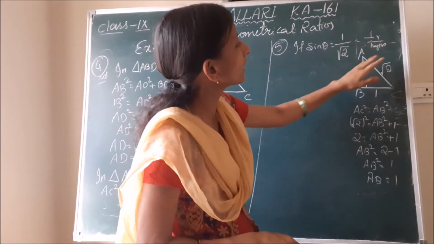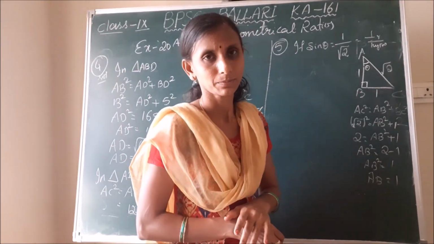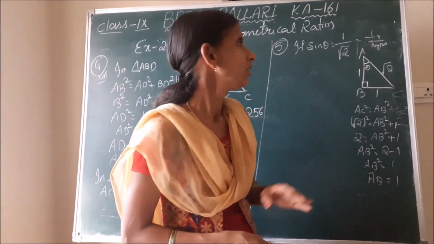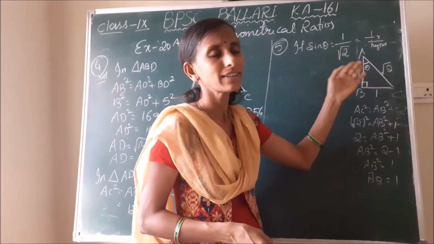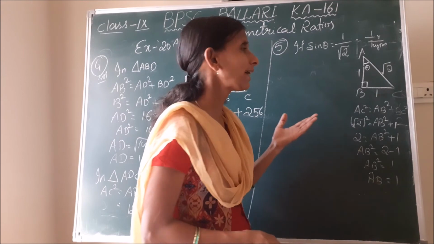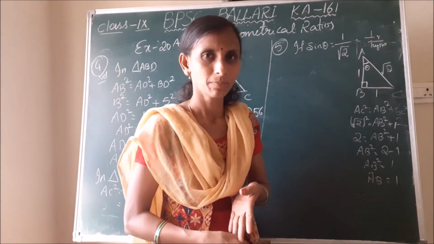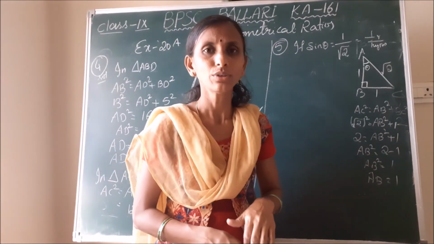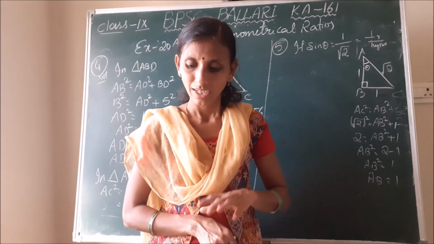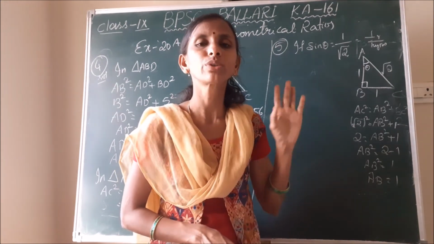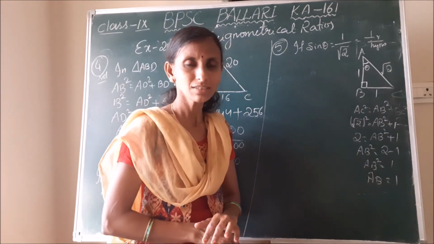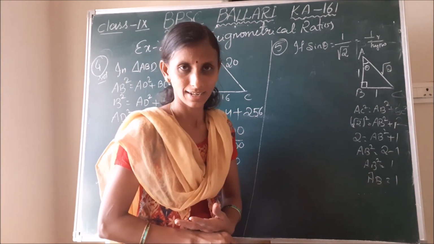So now we know all three sides of the triangle ABC, and we need to find the other trigonometrical ratios. We know where the angle is, which is the base, which is the perpendicular, which is the hypotenuse. So from that we can find the trigonometrical ratios. All these things you have to do on your own. Next, the sixth and seventh questions are also of this same type, so you can do them on your own. So by this we can end our class. We shall continue in the next class. Thank you.